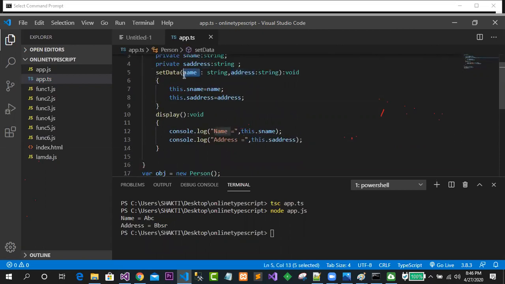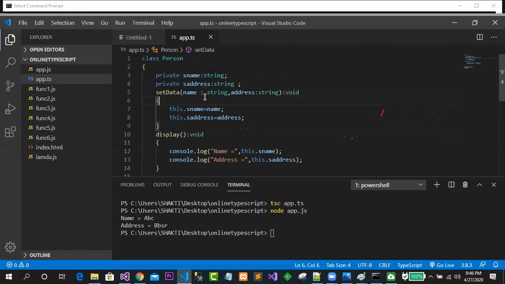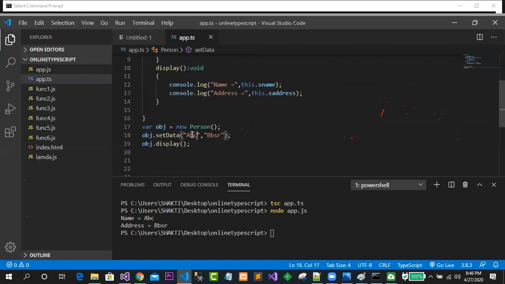This name gives the value to s name, and this address gives the value to s address. Now your object got instantiated with abc and bbsr. Then we have called the display method to display the output.